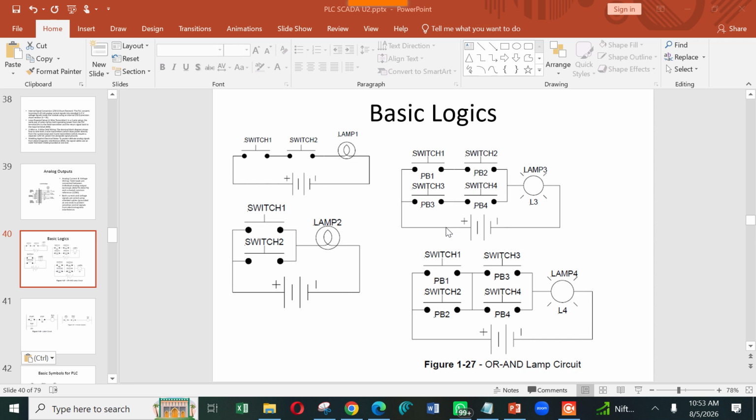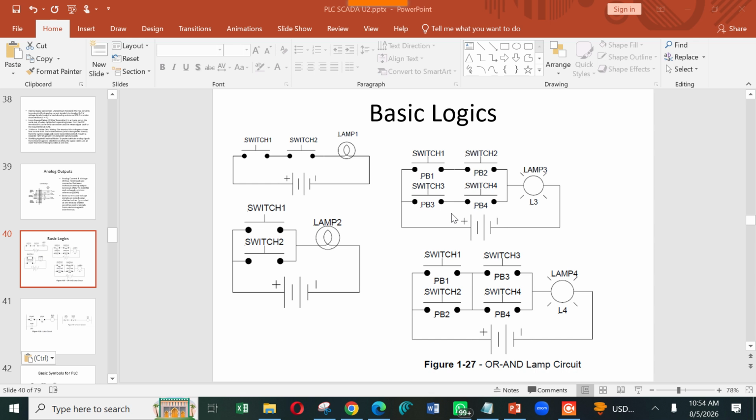So what's the thing here? Here we have what we saw on the left side, the AND logic, the same on top, but connected in parallel. That means either the top two switches should be on or the bottom two switches should be on. So it is the combination of OR and AND logics.